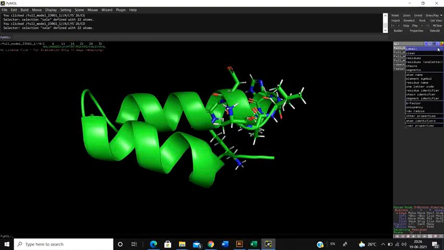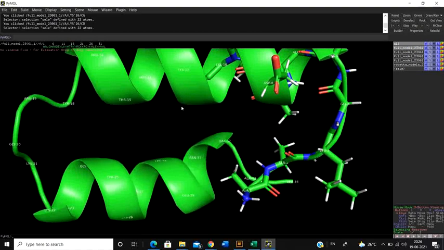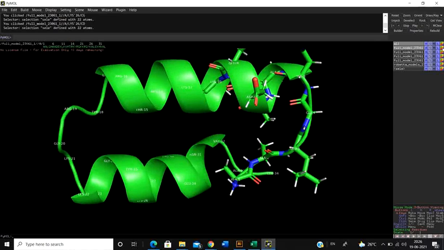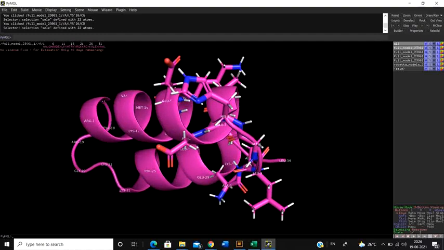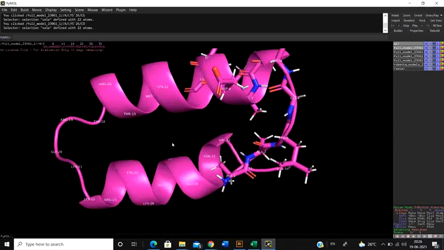You can also click on labels and click on residues, and if you do it, you can identify the residue number of each amino acid. Finally, the other option that you have is C, the color option. You can color them by element. If I do this, the entire backbone's carbon is colored magenta, the oxygen red, hydrogen white, and the nitrogen blue. Or you can also color it by other elements.